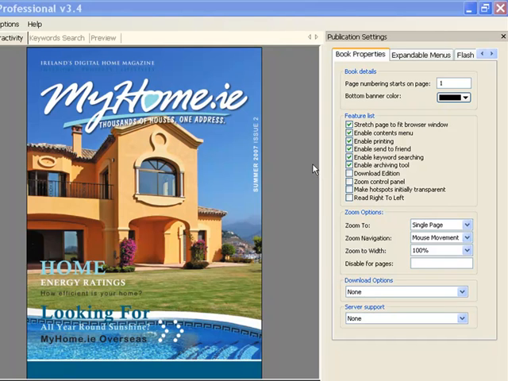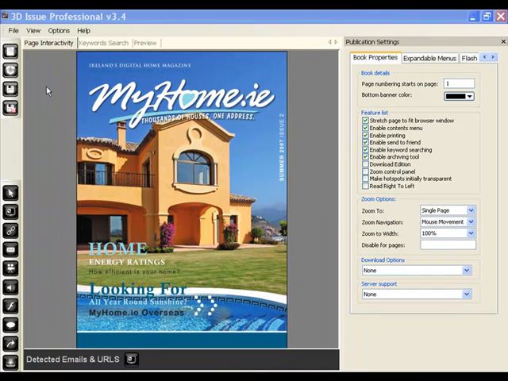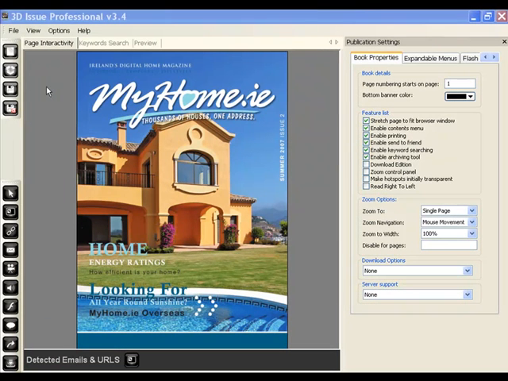So here we are in the 3D issue editing suite here. As you can see, we have the front cover of the first PDF that we uploaded here. I'm just going to take you through some of the tabs and where we'll be changing some of the options. We have page interactivity, where we set the options for the functionalities of the whole book and within the actual pages. We then have keyword search and a preview of where we can see what the publication will look like